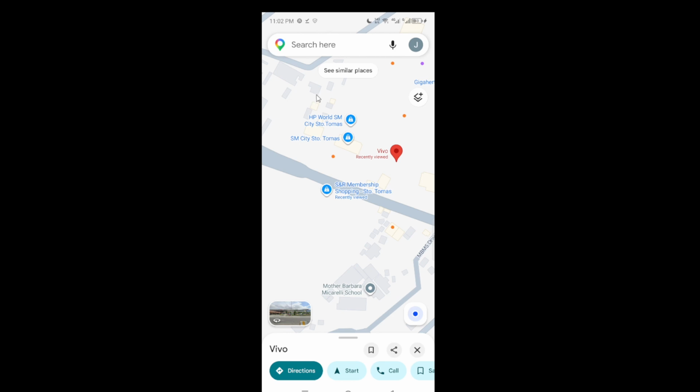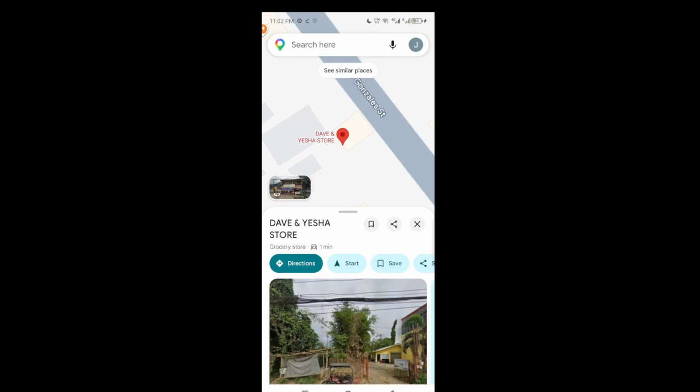Next, search for the specific business or landmark where you want your 360 photo to appear. Type the exact name, then select the correct result from the list. Take a second to confirm the details like the address and category to be sure you're attaching your photo to the right place. This step keeps the map accurate and helps people find reliable visuals when they browse.